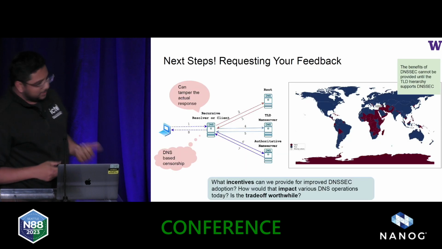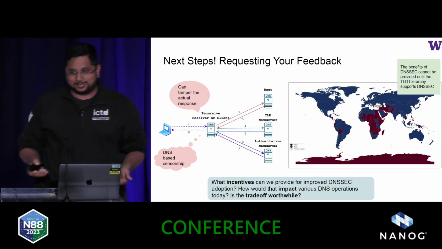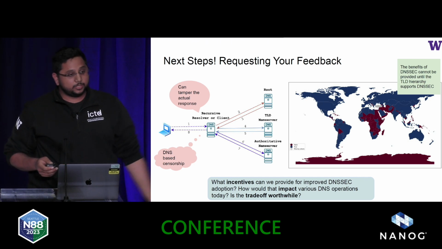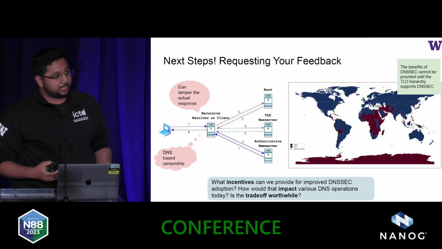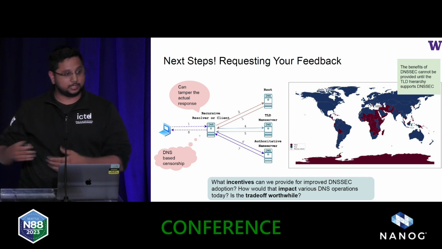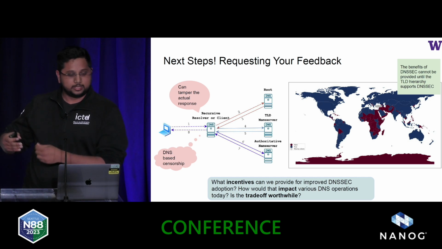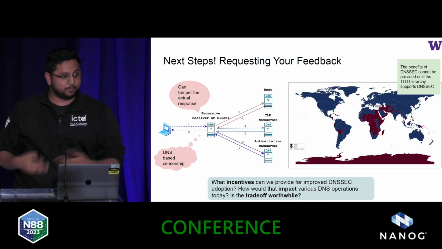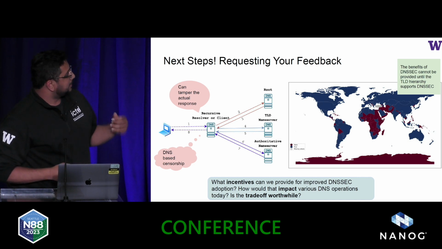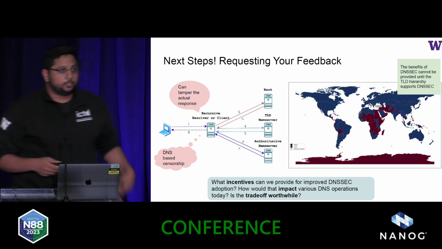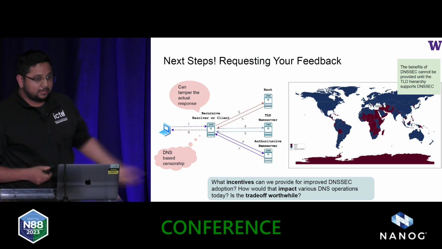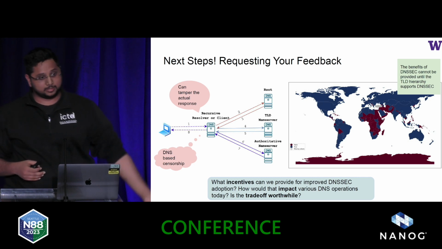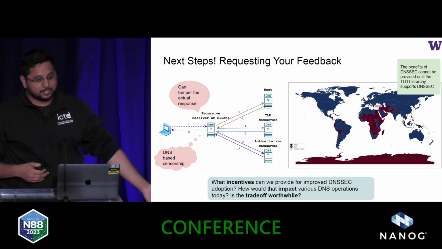But one of the things I would like to ask the NANOG audience here is for suggestions. As we look forward, we see this architecture where we're starting to trust either the resolver or, in the case of RPKI, the RIR to sign and maintain these records correctly. Is there an incentive to use things like DNSSEC and reduce the amount of trust that we as clients might be placing on such infrastructure?